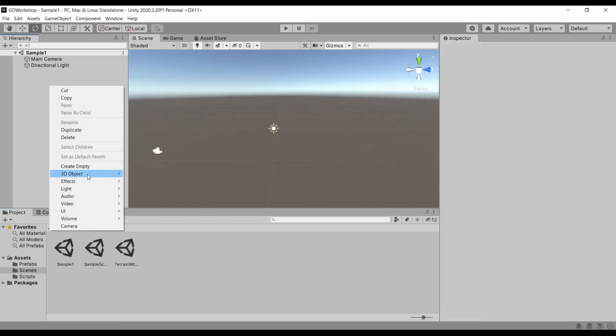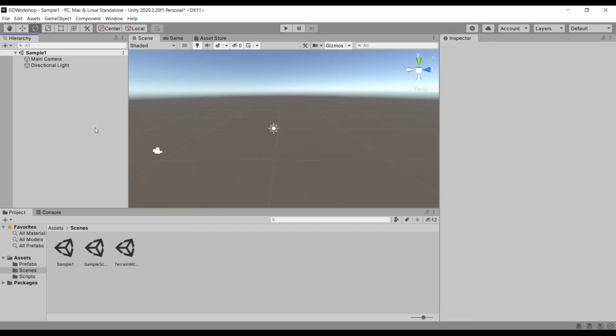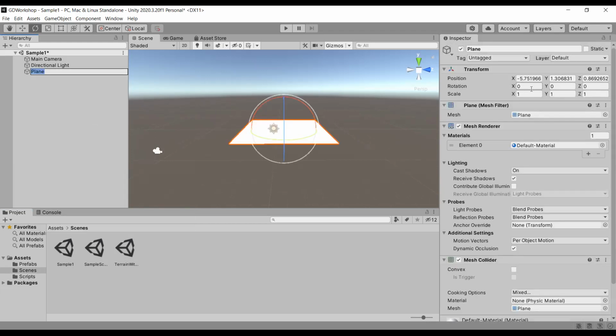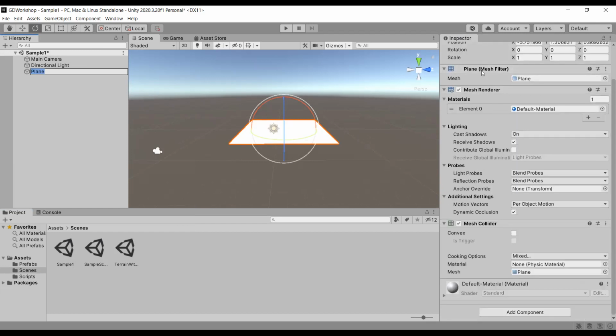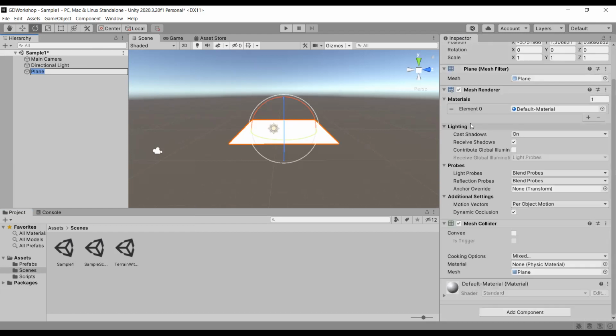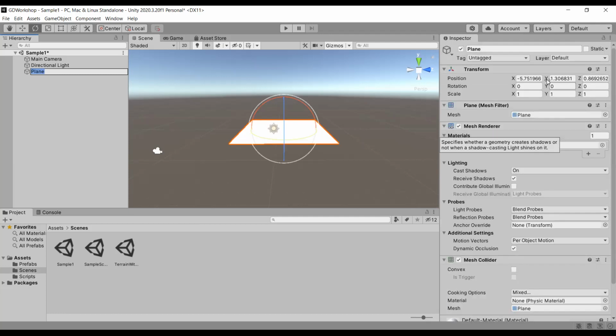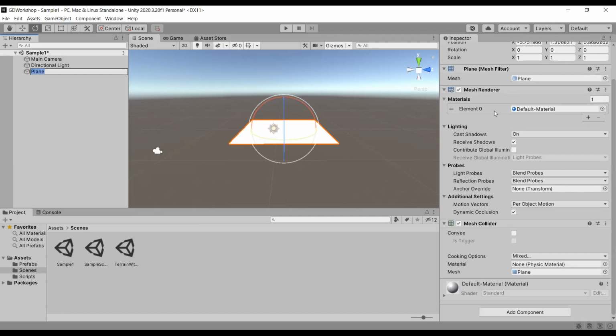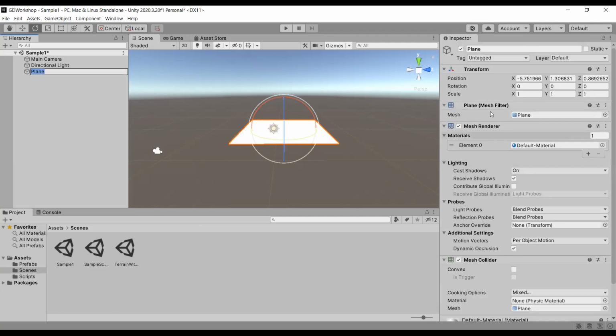So with that, first of all, I'm going to create a plane, a basic plane. Now I'm going to talk about the inspector window. Right now you can see a bunch of parameters that may be way too overwhelming for some, or familiar to others, or some might get a gist of what is happening over here.